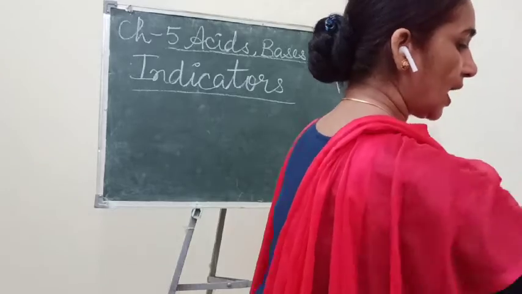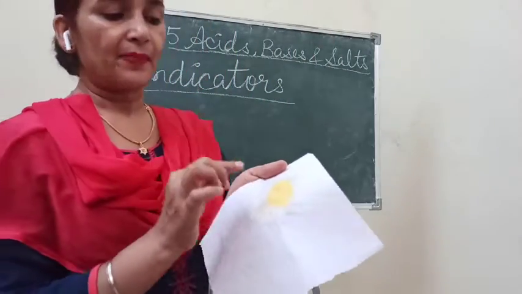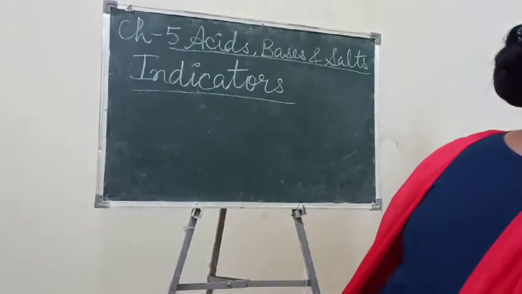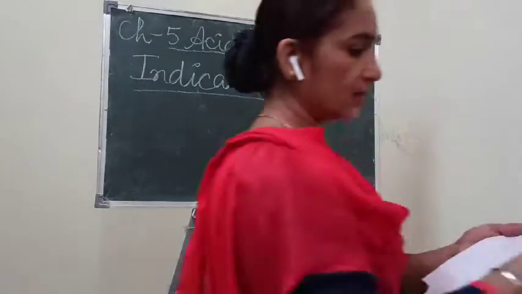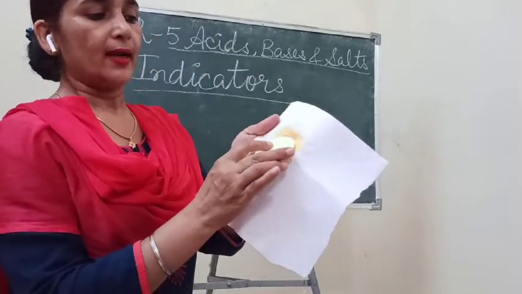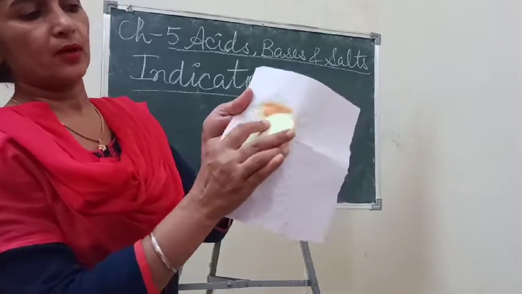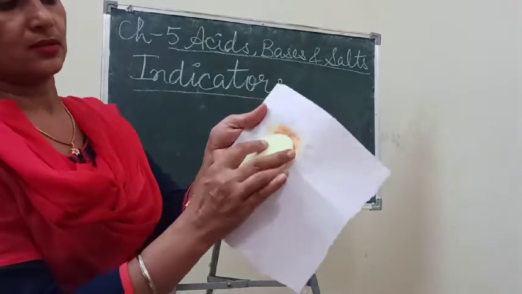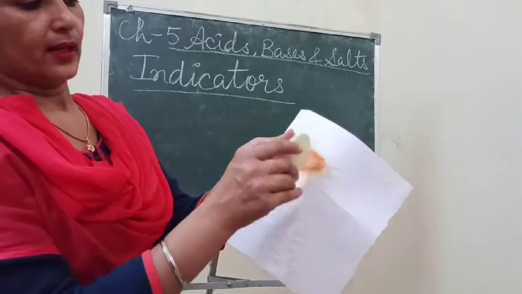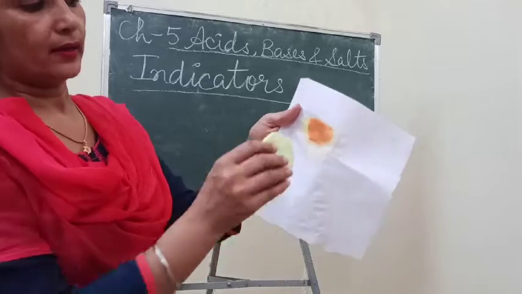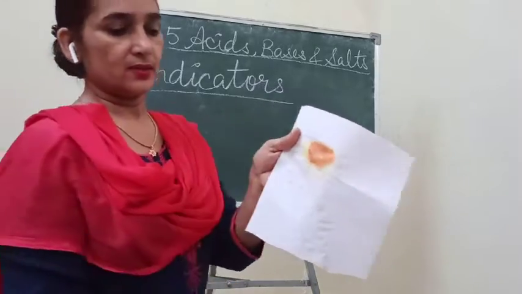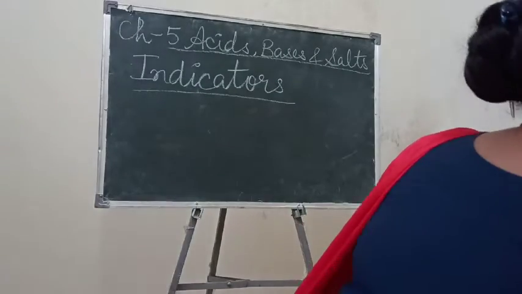Now after this we apply soap on it. Let's see what color will come. I am using this bathing soap, but you can use any soap, and as we apply soap, you see how the color changes. I am not applying it on all the turmeric, so that you can identify the color change between both places.